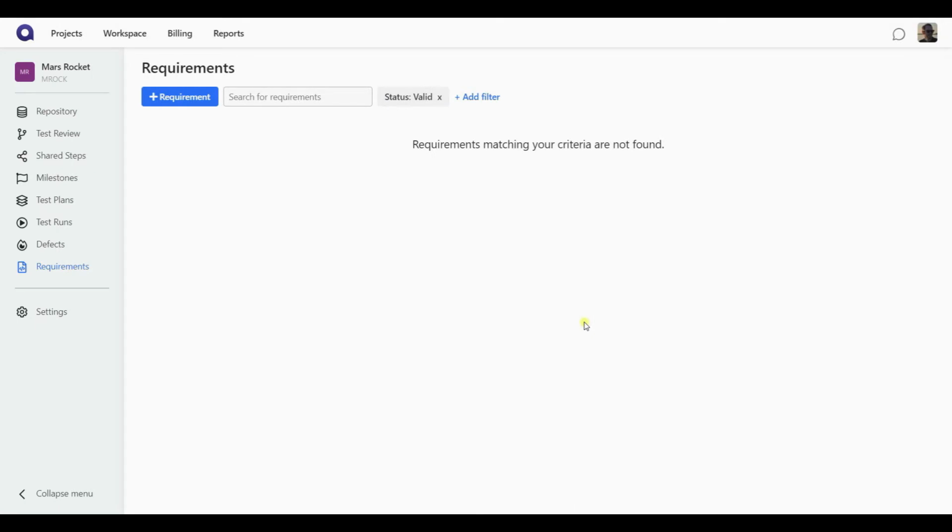Requirements in case allow you to document and track those real-life requirements you have about your system, your product, or the development area, and manage the expectations covering those requirements with specific test cases or sets of test cases. Now, whenever you are in the requirements section, you can create a new requirement by hitting the plus requirement button,